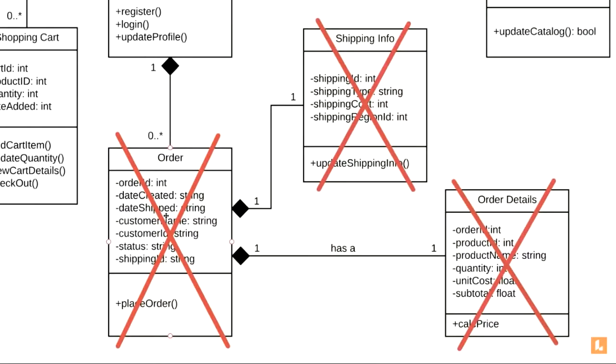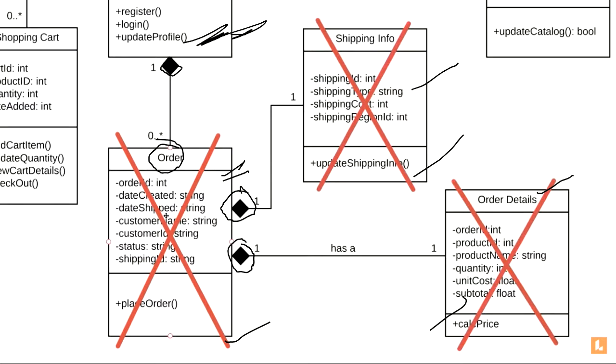Now let's see this part. If you see this part, again, this is the order class and it has a composition relationship with 2 other classes. Now this order will become a parent class for shipping info and order details. Earlier this order was in a composition relationship with that class, so when that was deleted, this was automatically deleted. Now this order has a composition relationship with the other 2 classes. And now which is the parent class? Order is. So it is a simple composition rule.